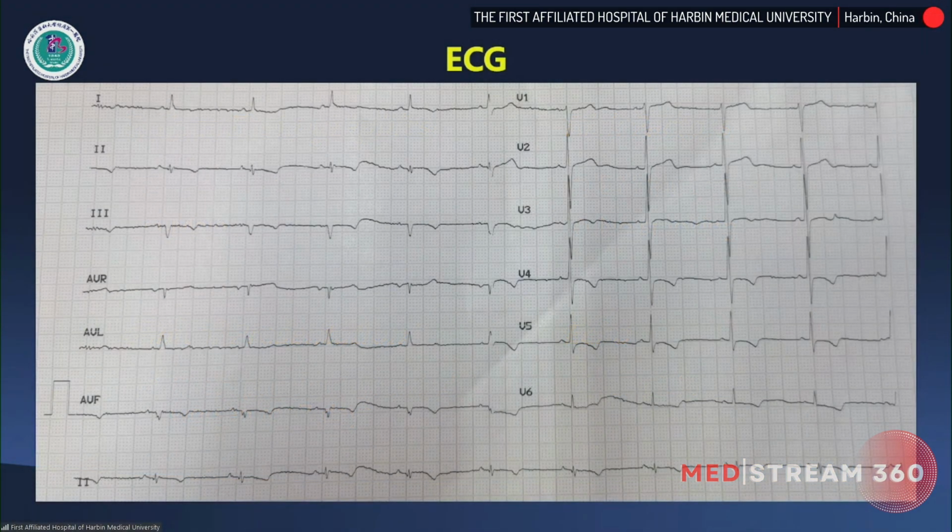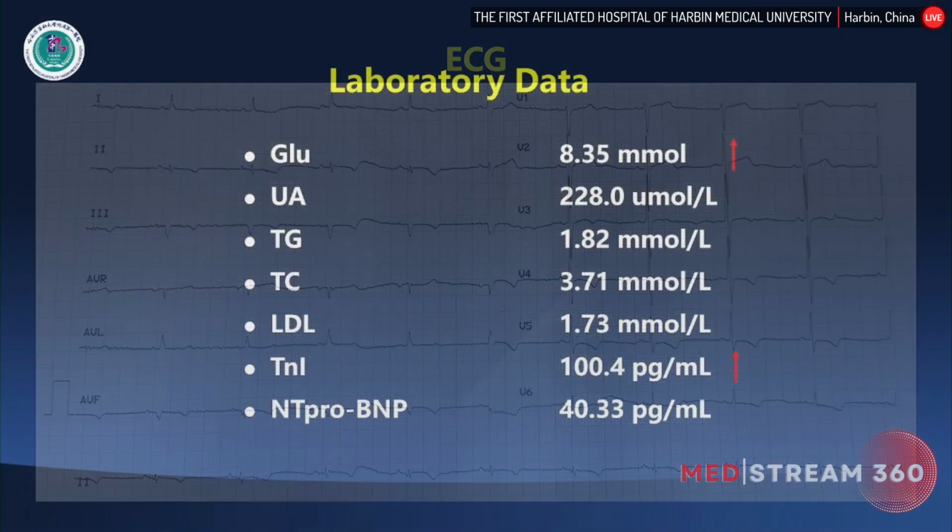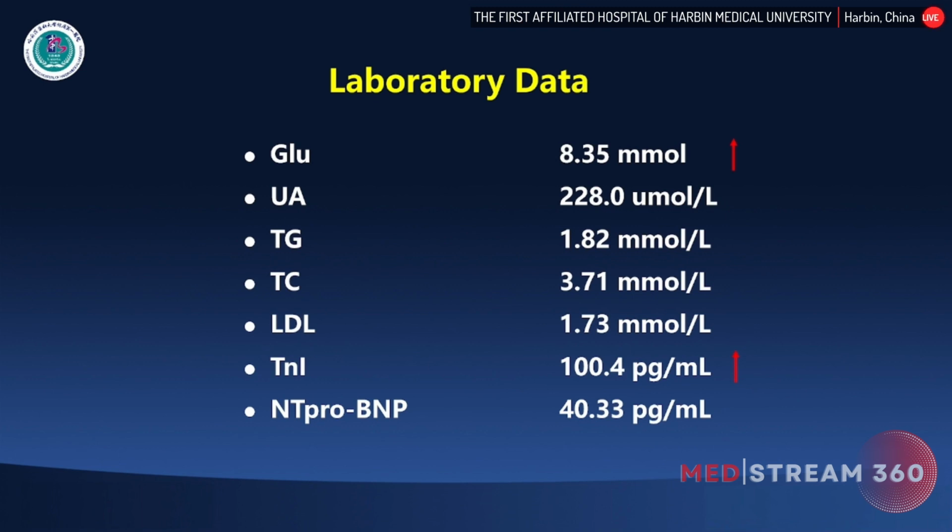abnormal motion. So here is his ECG. We can see sinus rhythm with inverted T wave in lead 2, lead 3, lead aVF, and leads V3 to V6. But unfortunately, we find atrial fibrillation. Here is his laboratory data. So we can see that his glucose is a little bit higher than normal, and the TnI of this patient